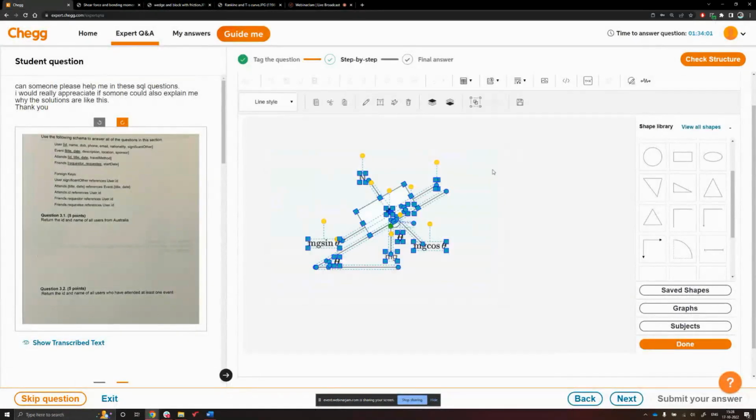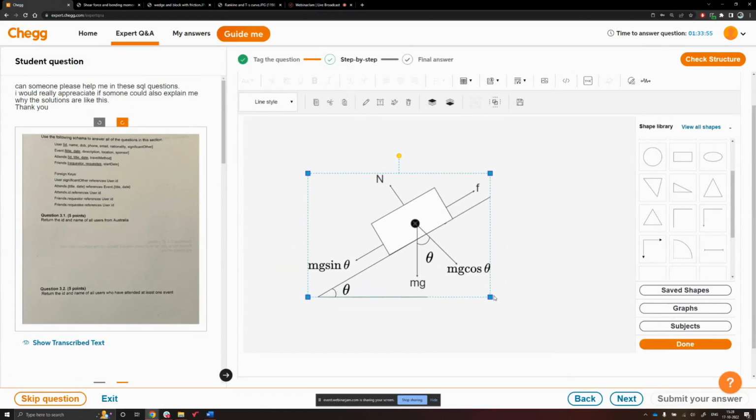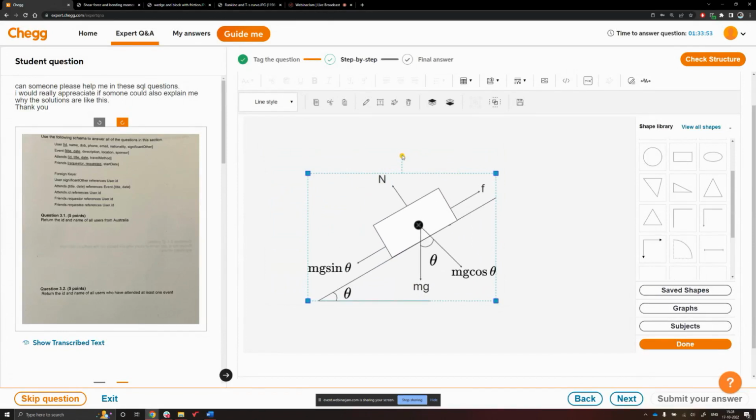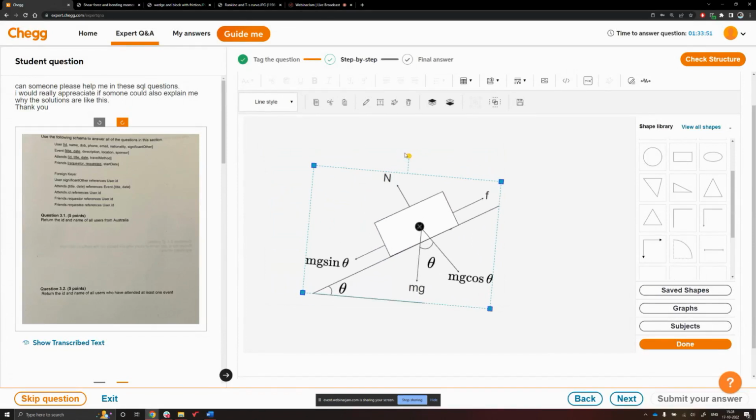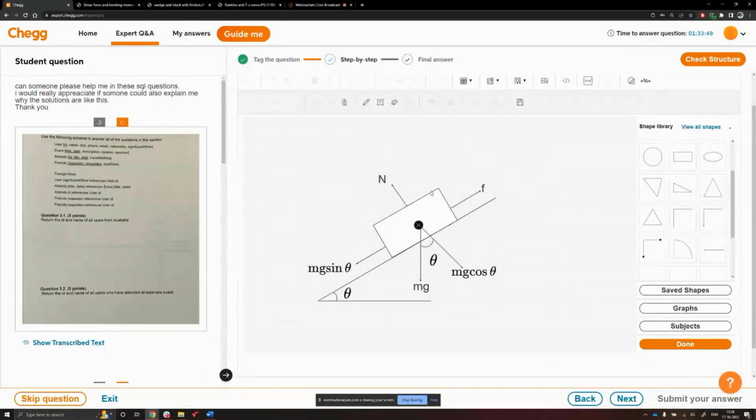Again, if you want to make it bigger, you have to group them by clicking on this group selected shapes together, and then you can increase the size, or if you want, you can rotate by using the yellow dot. So it's always good to complete the whole diagram and then group it so that you can save it in the end also.